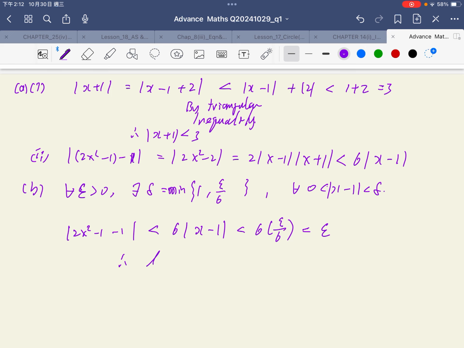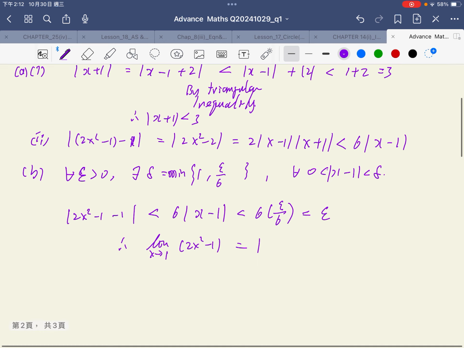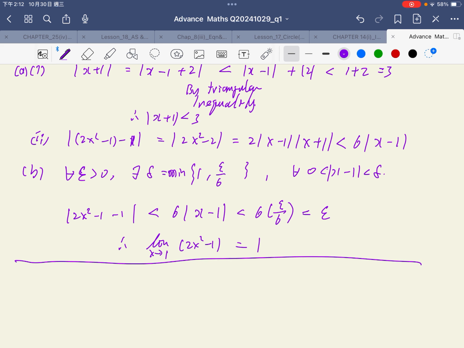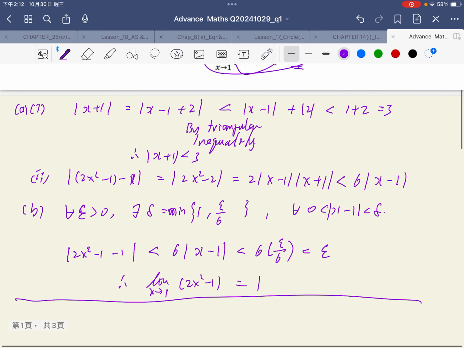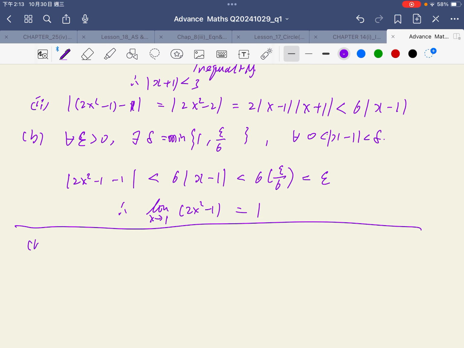Therefore, the limit as x tends to 1 of 2x squared minus 1 is equal to 1. That is the proof of the limit by using the delta-epsilon language. Let me say more about this question. If in part A we just want you to prove that the limit as x tends to 1 of 2x squared minus 1 is equal to 1,